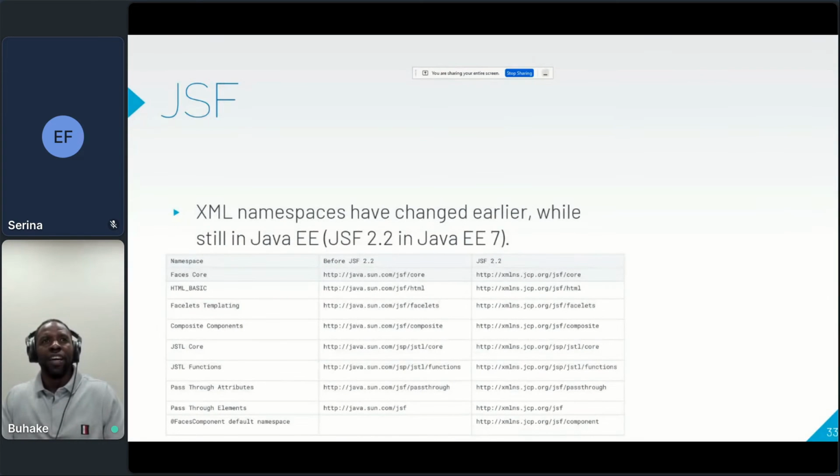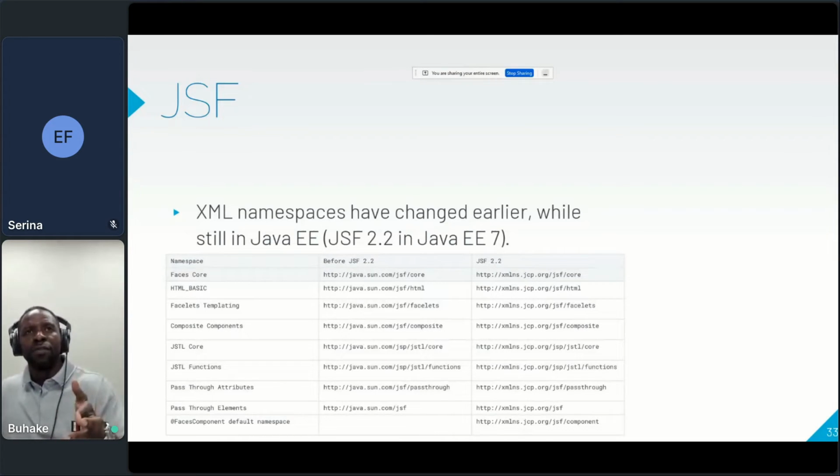This is JSF. This I did not include in JCon, but I included here because it does change. For example, if you are creating your own Facelets pages, or your Faces pages, you usually have to specify your namespaces in order to use JSF. Like, for example, your JSTL core, your faces core, your pass-through attributes, and whatever.